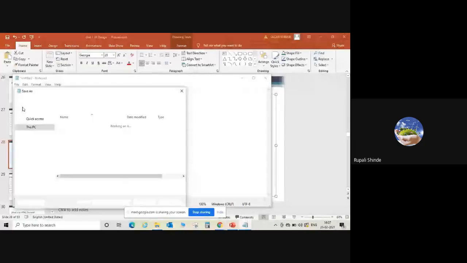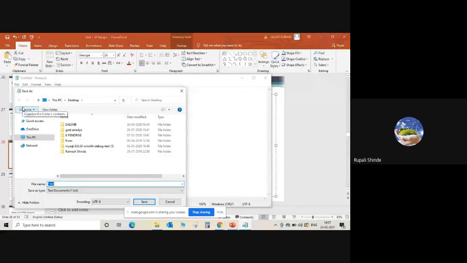Okay. Instead of saving your file anywhere, you should create your own folder and then create your own files in the same folder. It will be easier to access and easy to remember where we saved the file. So instead of the desktop, I have to create one folder here.